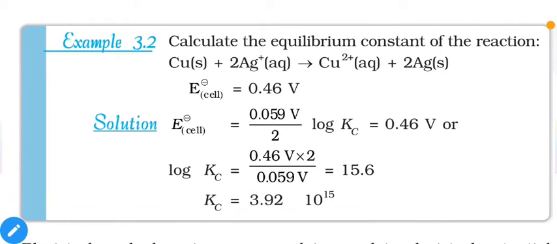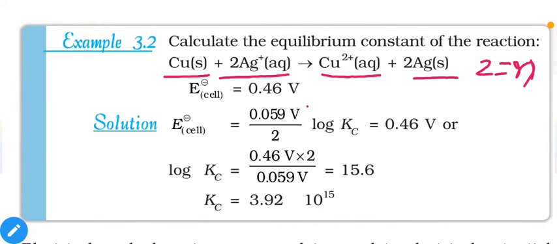An example is mentioned. Let us talk about this example so that we can clarify our point. The reaction is mentioned for the copper silver cell. Initially we have copper metal and silver ions. Later you will get copper ions and silver metal. In this reaction, 2 electron transfer takes place, so that is the value of n. Now as mentioned earlier, 2.303 RT upon F is equal to 0.059, so you can directly place it. And the number of electrons transferred during the reaction is 2, so 2 is mentioned here.